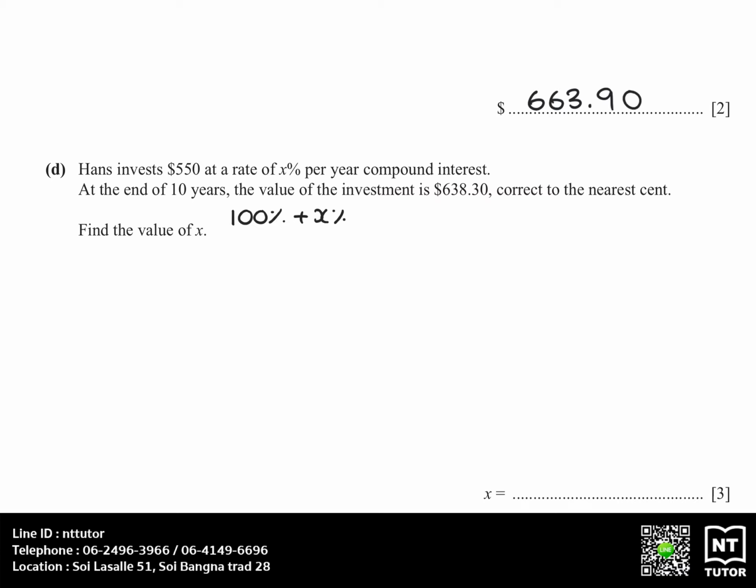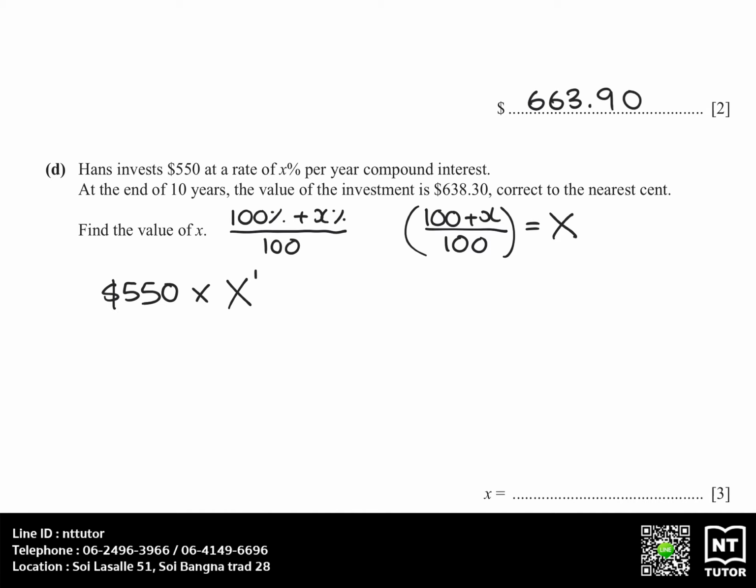And when we convert from percentage to decimal, we divide by 100. So when we want to increase something by X%, it's the same as multiplying by (100 plus X) divided by 100. Let this be big X. So if we start with $550, we will need to multiply it by big X 10 times, or to the power of 10, for compound interest for 10 years. And we know that by the end of 10 years, it equals